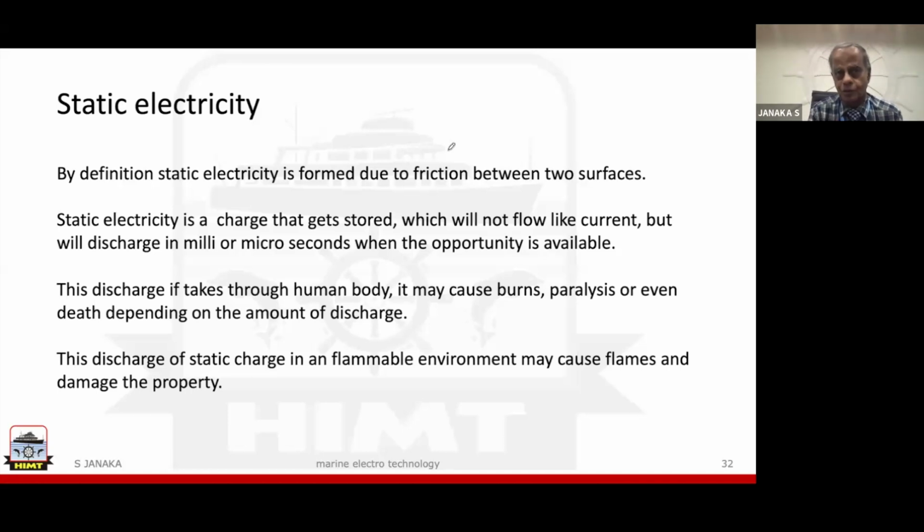For example, in a crude oil tanker, where we have the loading of the cargo, the pipelines and the manifold are all getting statically charged. So well before the cargo work starts, loading or discharging, we ensure that these pipelines are grounded to the hull of the ship. Mainly all the pipelines will be grounded. The tank sounding pipes, etc., are all properly grounded. So grounding is the only solution by which the static electricity can be removed, or completely taken care of. That's the reason we discharge the static charges by grounding using a portable grounding system.